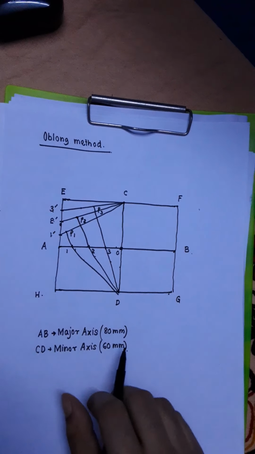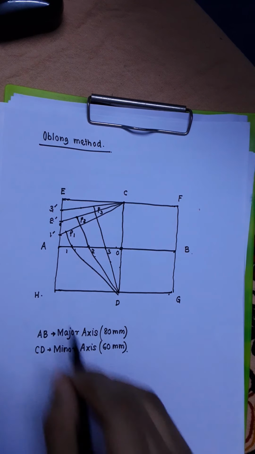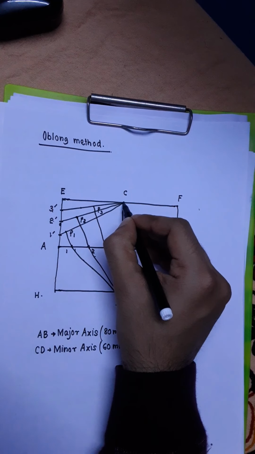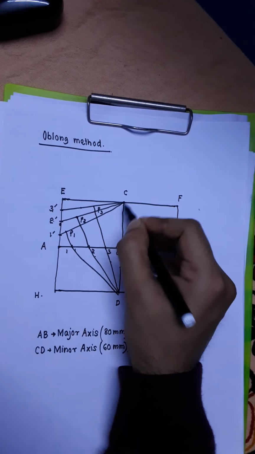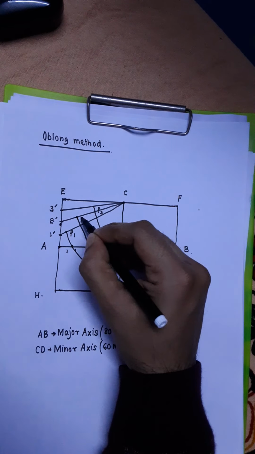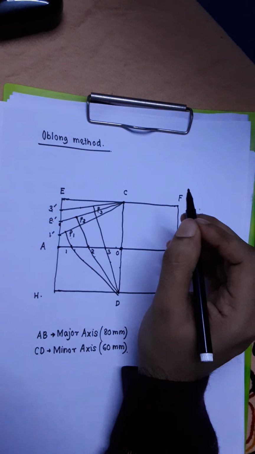So you see you already have some points on the ellipse, by joining which you will get a portion of the ellipse. Point A is one of the points on the ellipse because it is one of the ends of the major axis. Point C is another point on the ellipse because it is one of the ends of the minor axis. And on top of these 2 points, A and C, you have 3 more points lying on the ellipse, namely P1, P2 and P3.